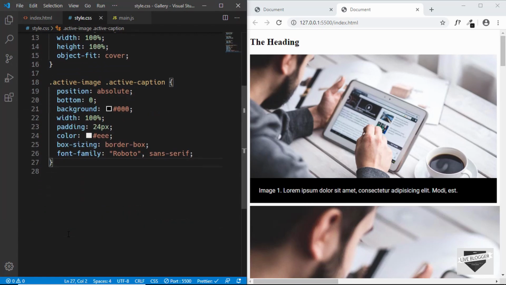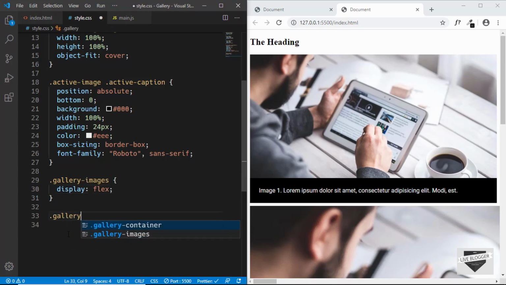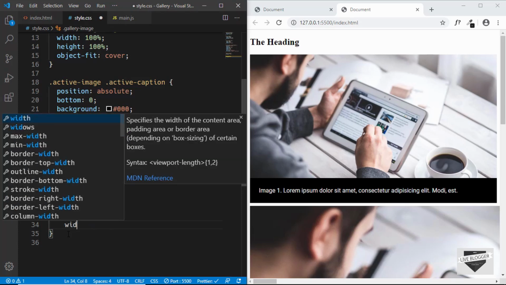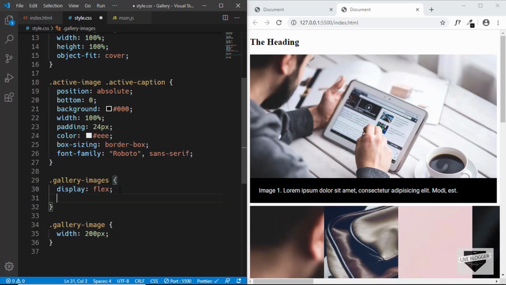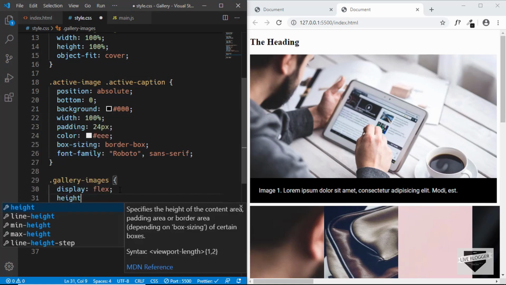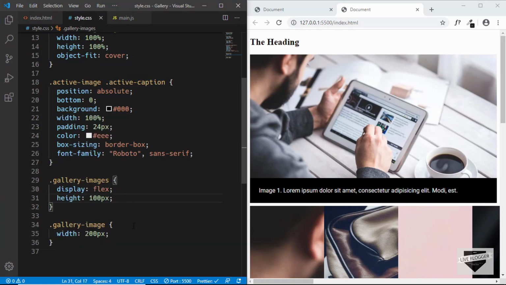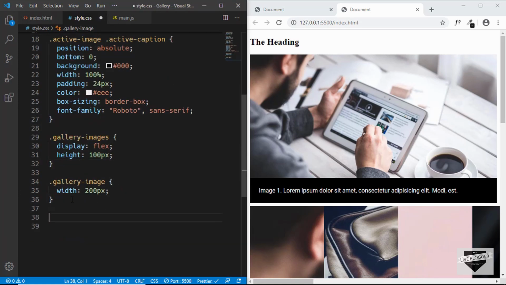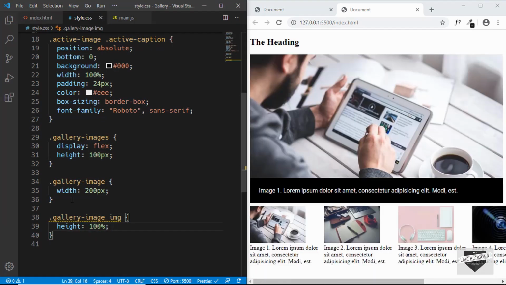Now we'll style the gallery images. So we'll type gallery images, and for the gallery images we will set the display to flex, and then for the gallery image, which is inside the gallery images, we will set the width to 200 pixels. We'll also set the height of the gallery images to 100 pixels, and now we'll style the images inside the gallery image. So we'll type gallery image img, and we'll set the height as 100% and the width as 100%